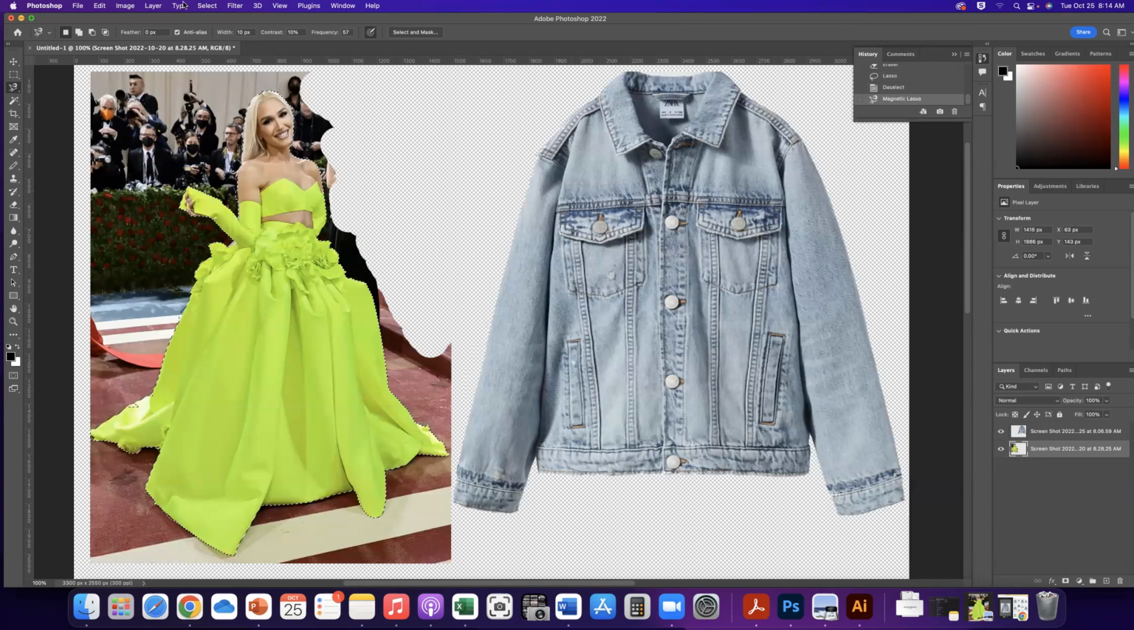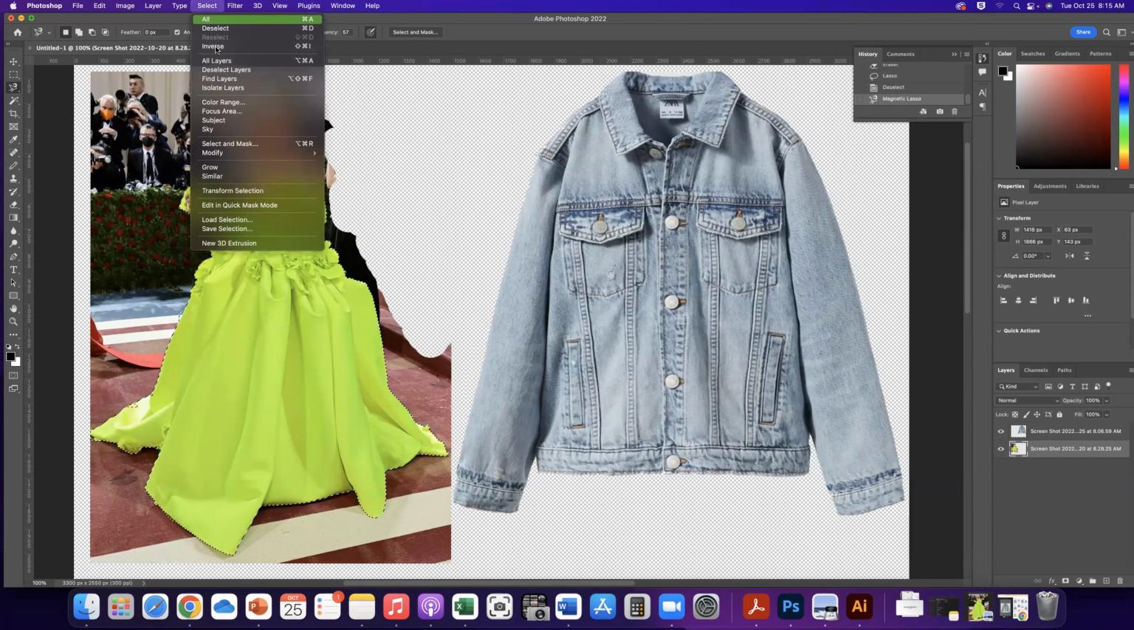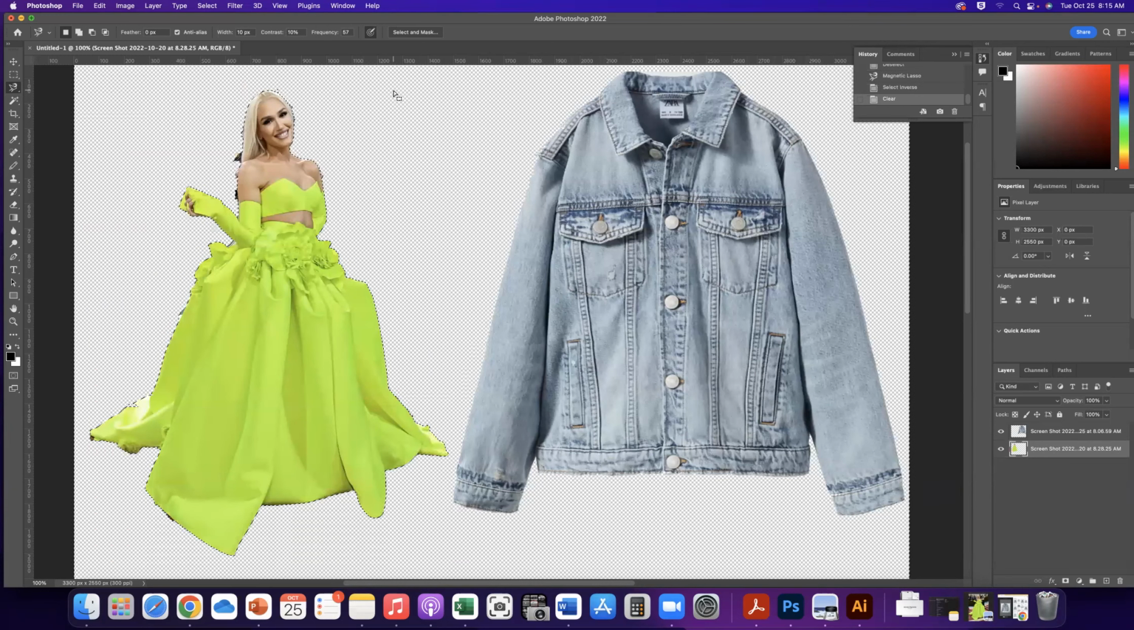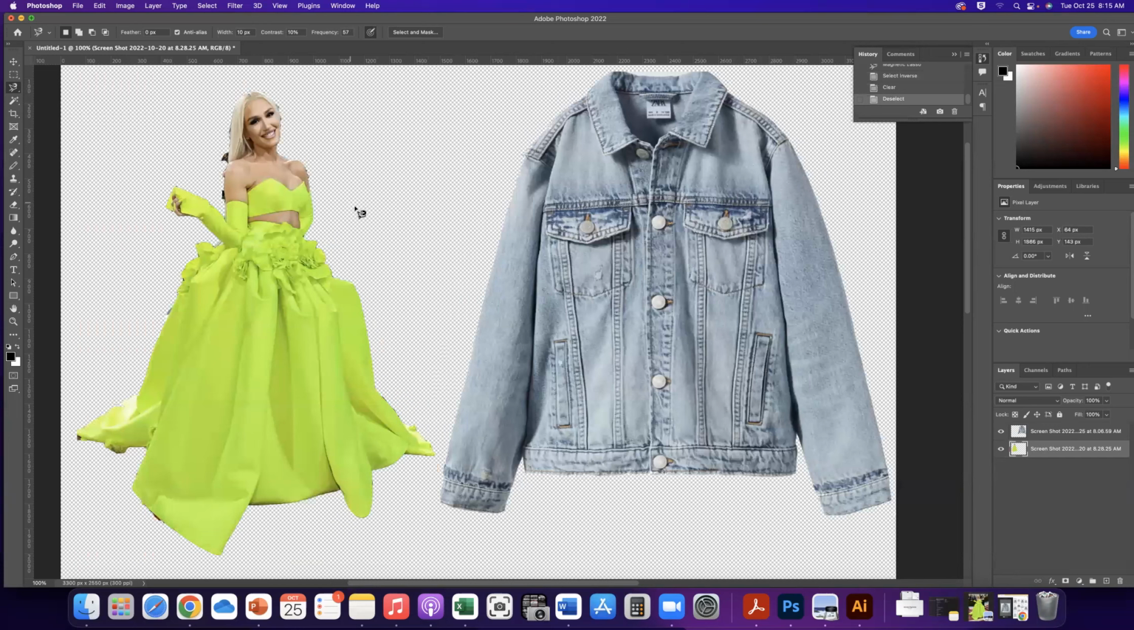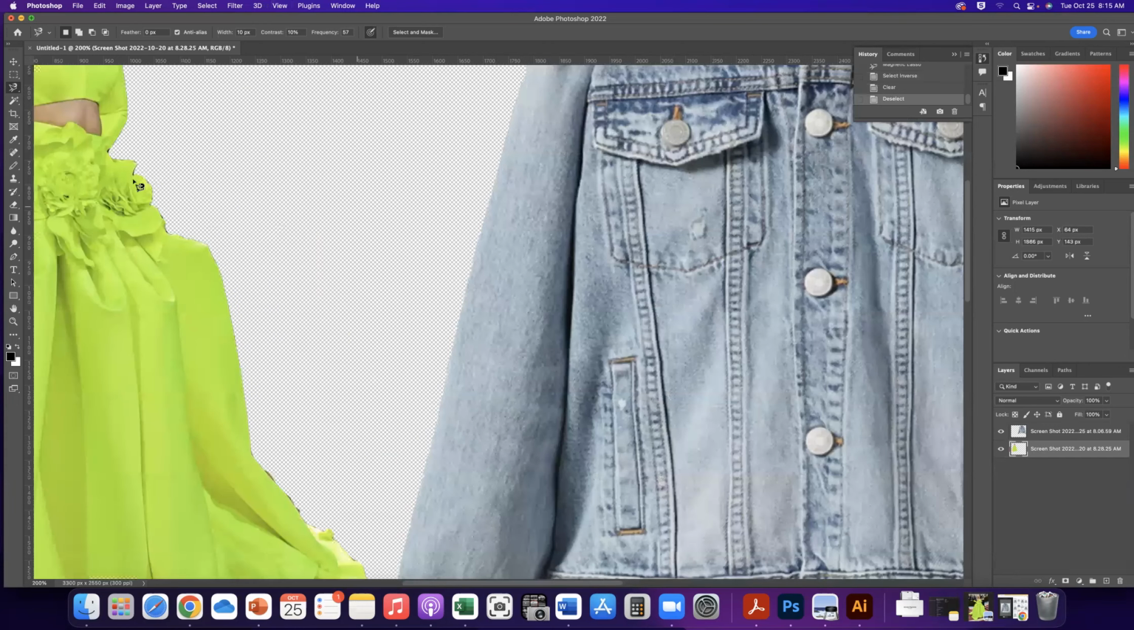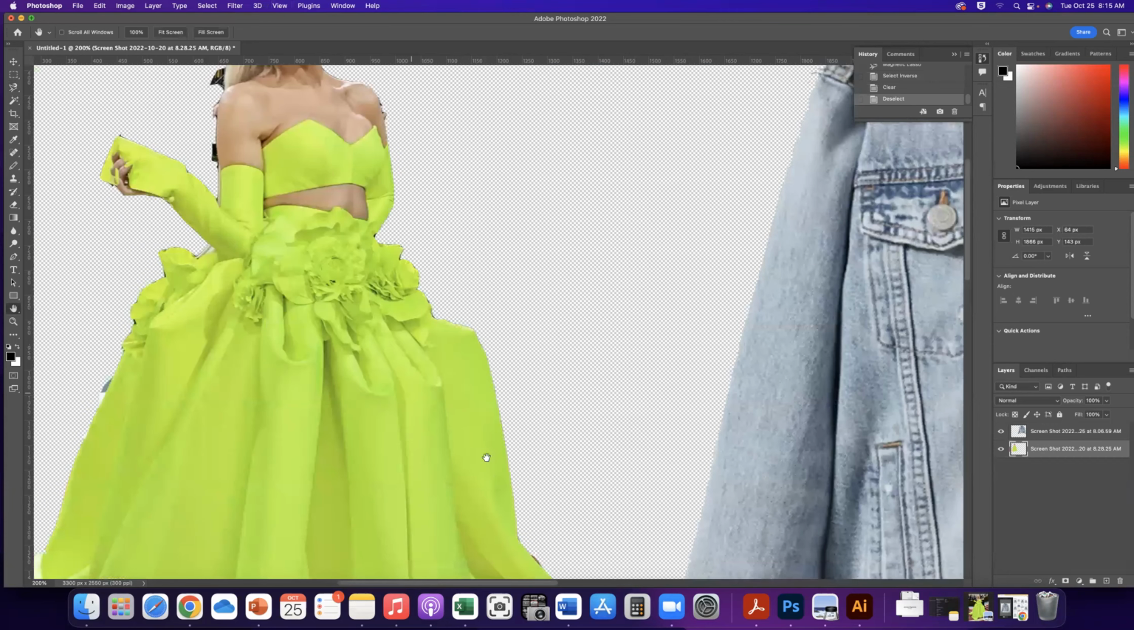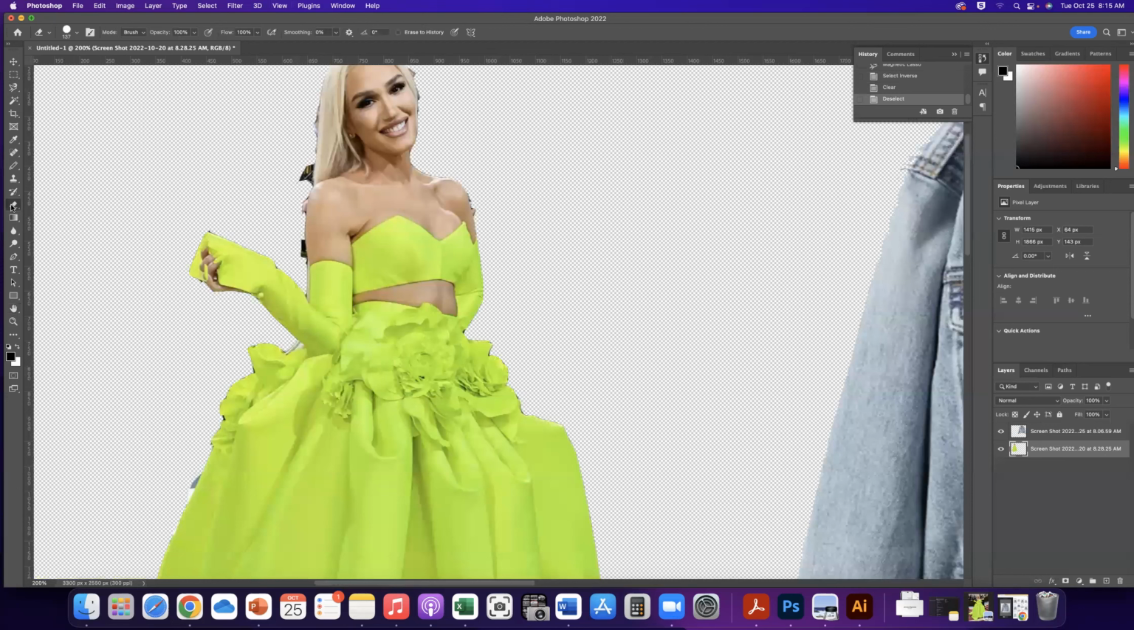So again, I'm going to choose select inverse and hit delete. Okay, so that's a pretty good cutout. So again, I want to deselect. So I'm going to hit Command D. And I want to zoom in. And I can see I have what we call a halo here. So I'm going to go in and use the eraser tool